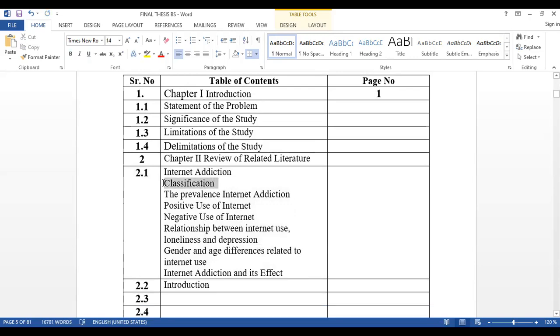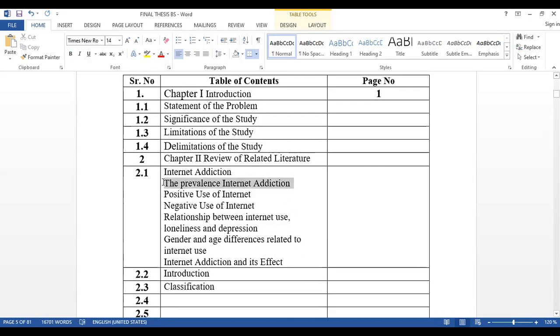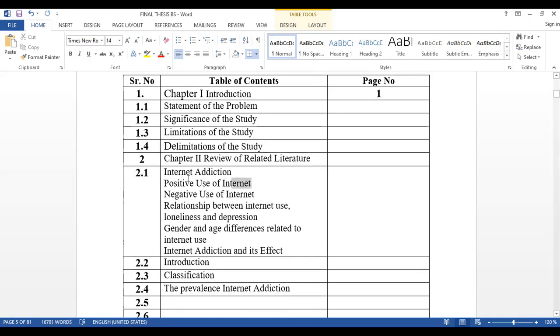After that, classification, copy, paste it here. After that, the prevalence, copy, paste it here. Then positive use of internet, copy this, paste.